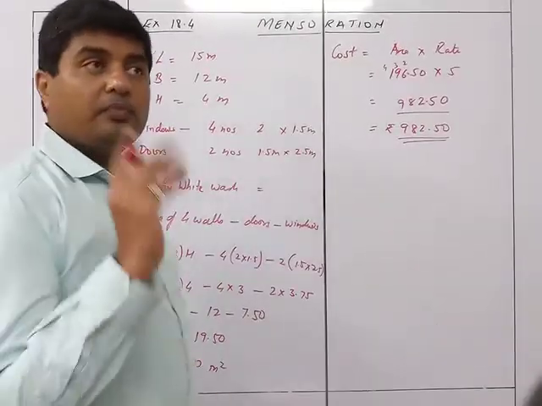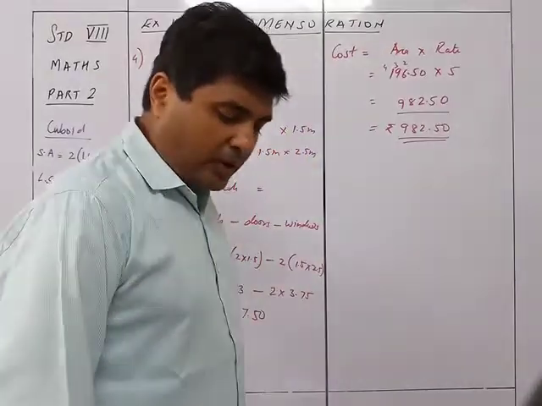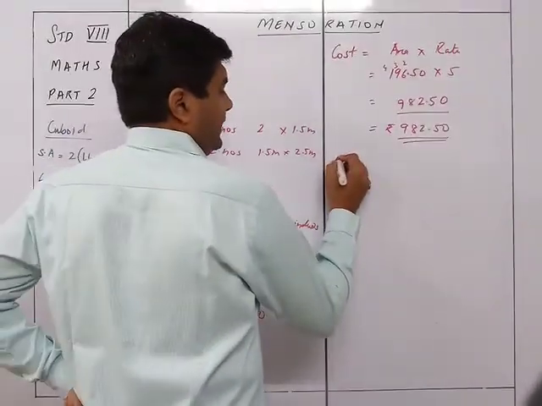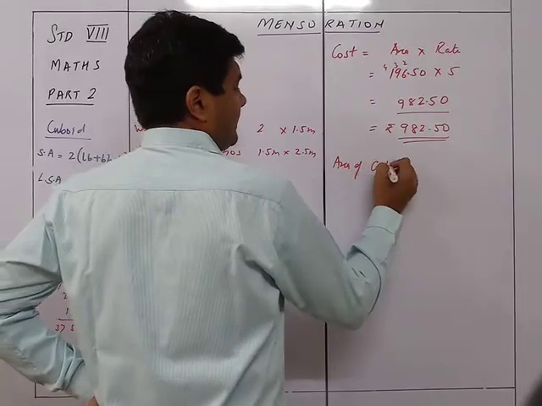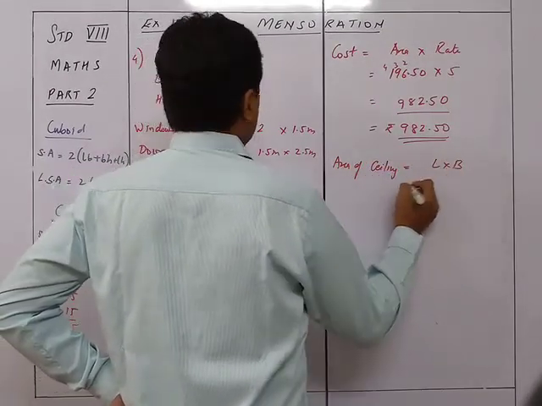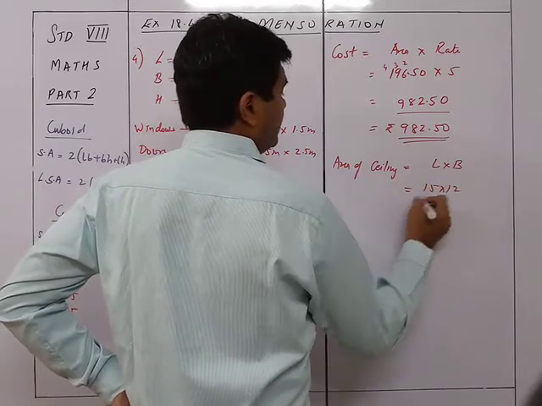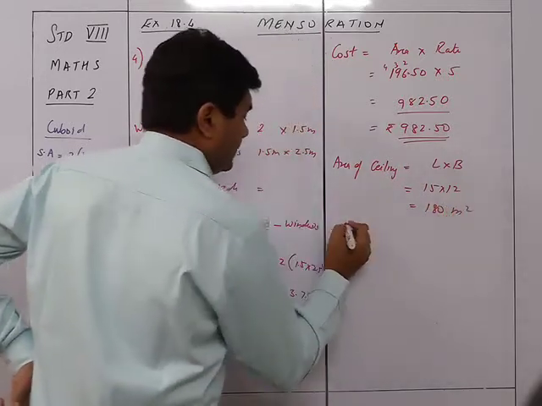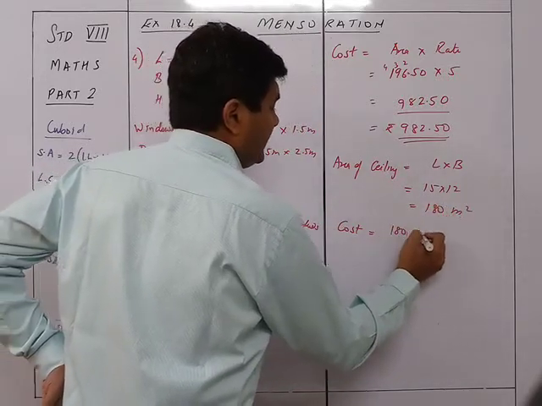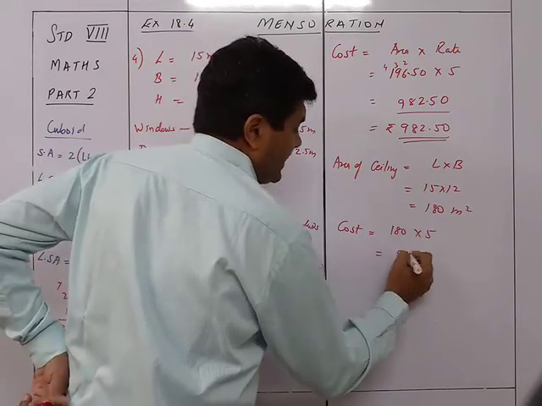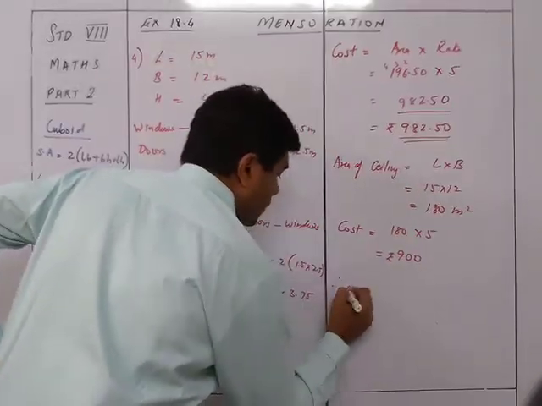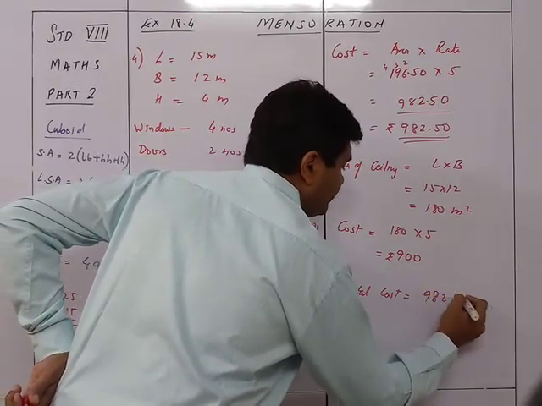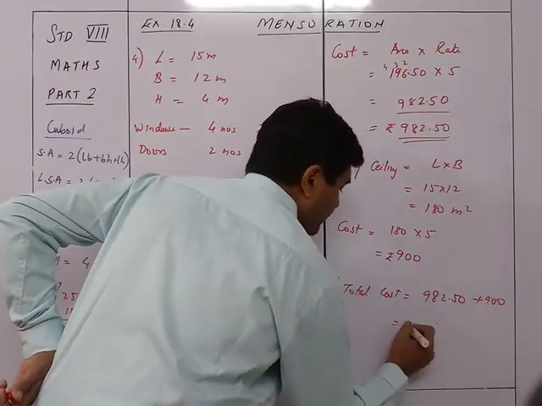the 4 walls. Now further they said what will be the cost of whitewash if the ceiling of the wall is also to be whitewashed. So now area of ceiling is equal to L into B is equal to 15 into 12, is 180 meter square. Cost is equal to 180 into 5, so 900 rupees. Therefore total cost is equal to 982.50 plus 900 is equal to rupees